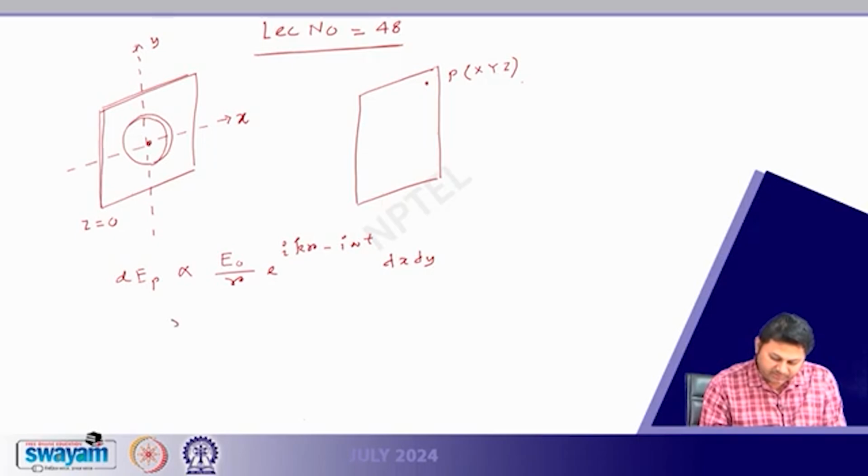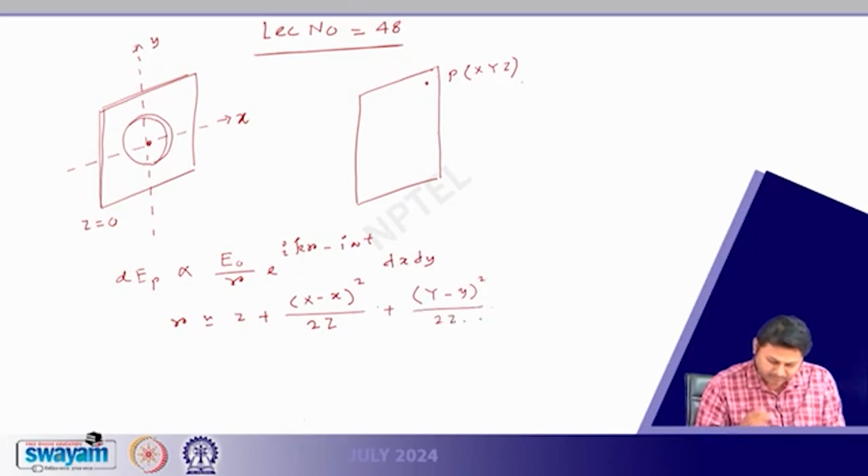R we calculated, so R was z plus (x minus small x) square divided by 2 of z plus so dE_P